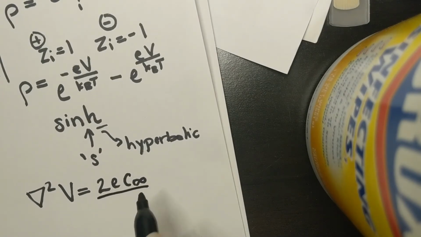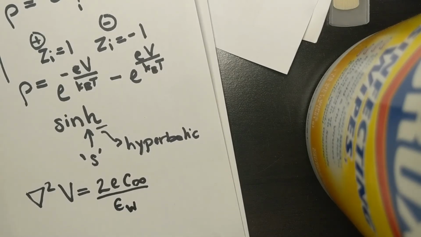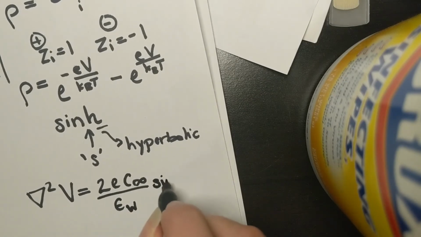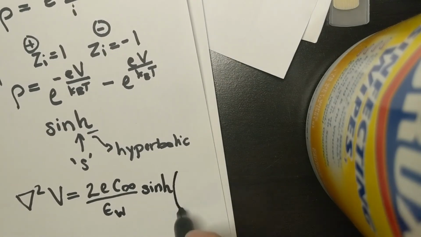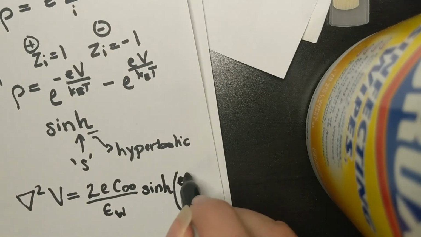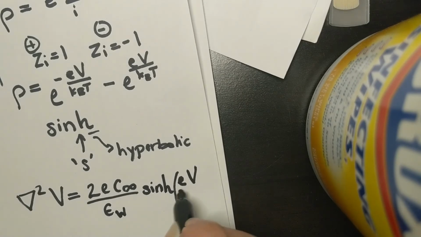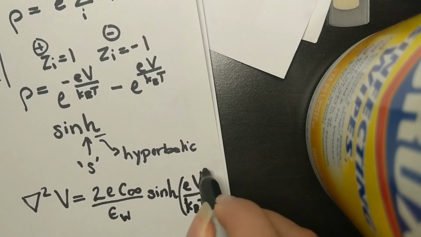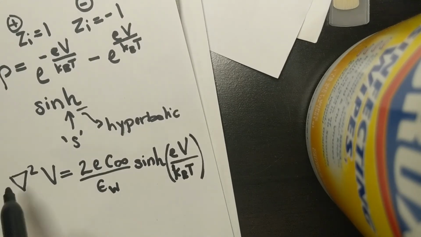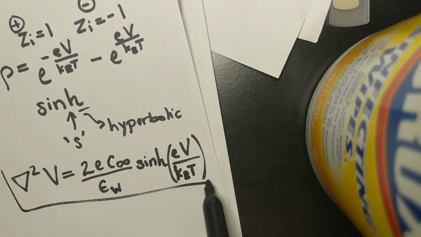And we're going to divide by the epsilon of water. And we're going to multiply by the sinh of the fundamental charge times the potential divided by the kBT. And that, boys and girls, is our